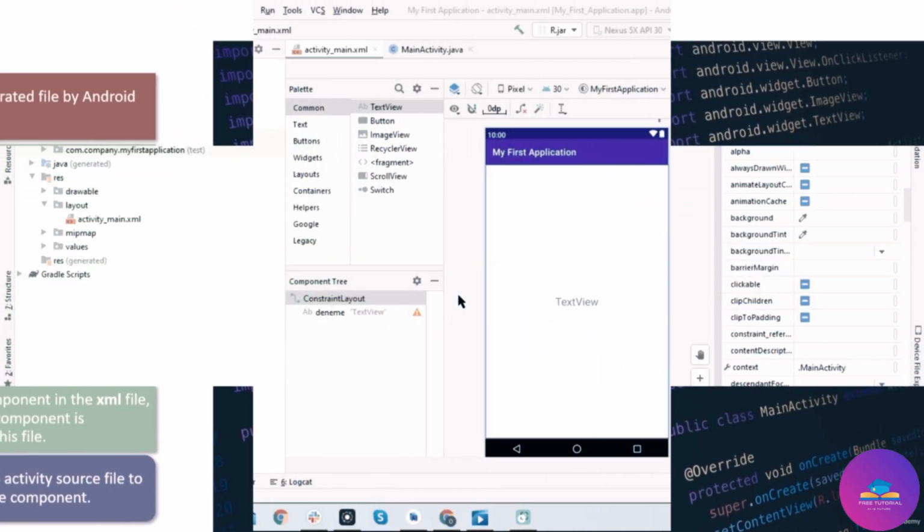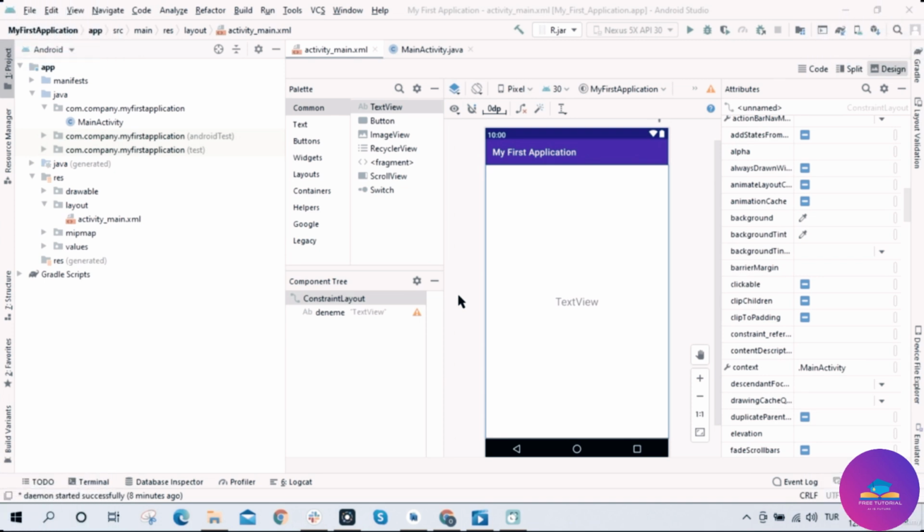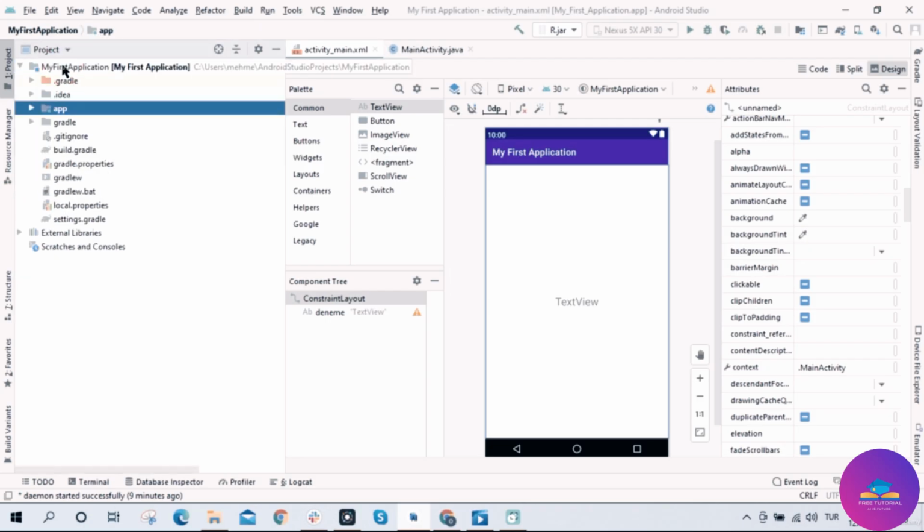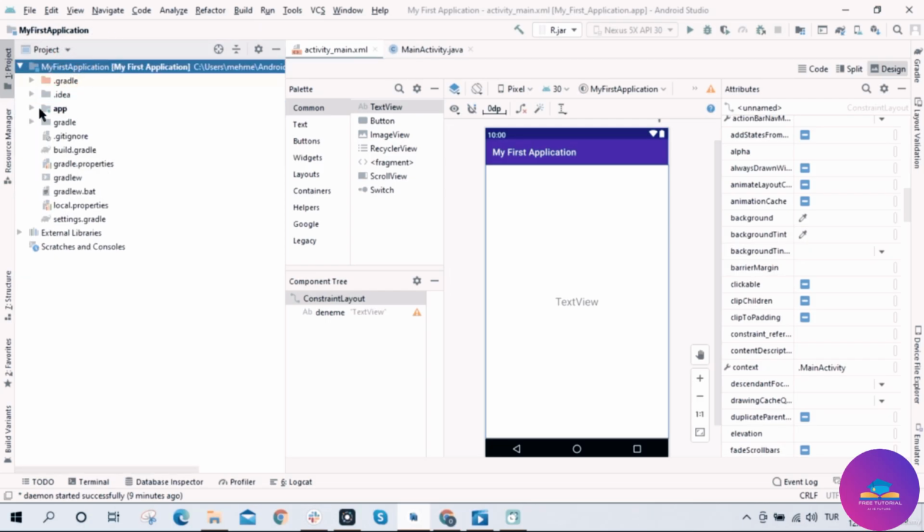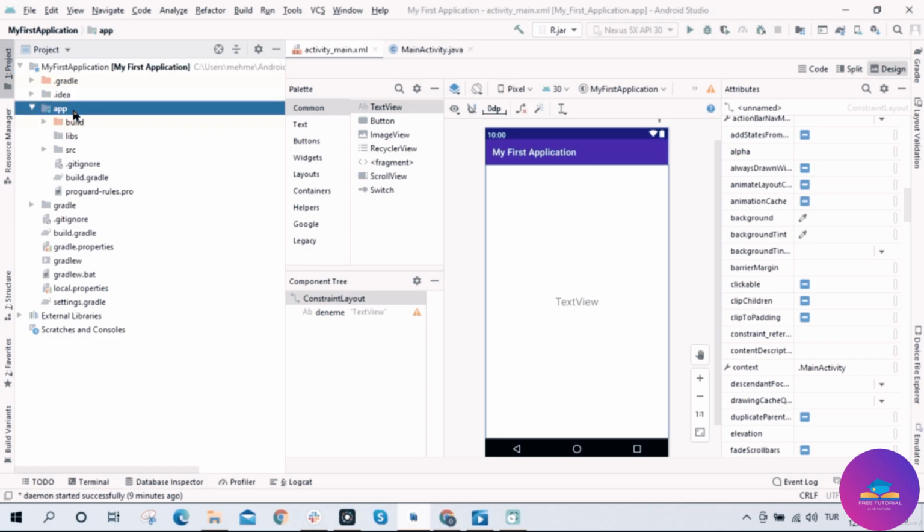So now if we go to Android Studio, you can see here all the project files, XML design side and the main activity Java side. Now first, I want to show you where that R.java file is. I'll choose the project option on the left side of Android Studio. And the R file is respectively under the My First Application folder, App folder,